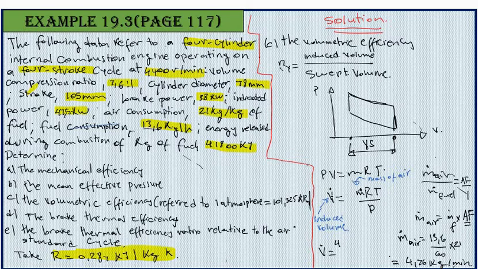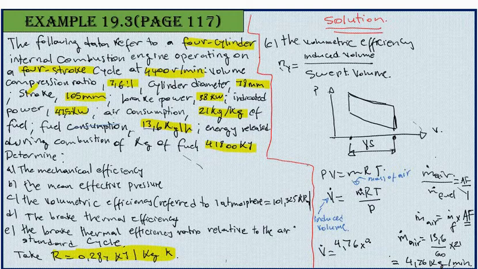So the unit of induced volume depends on the unit of the mass rate. So I just need to replace what I have into this relation. So I have 4.76 multiplied by